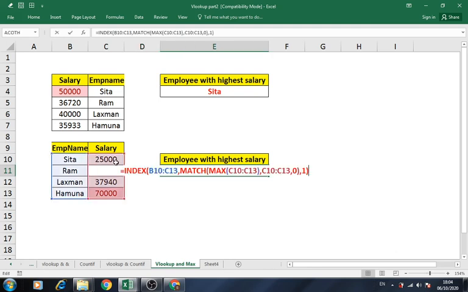So here if I execute the second parameter, I should get the row number as 4. I'm asking the system, where is this maximum value in this list? First, second, third, fourth position. So if I press F9, yes, I'm getting the output. Enter.